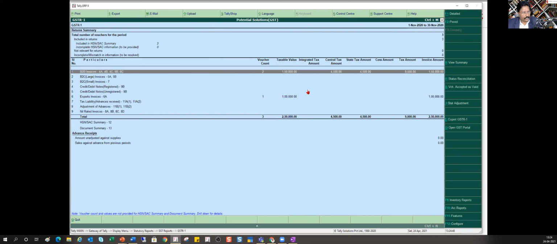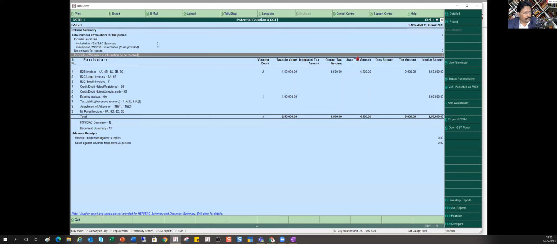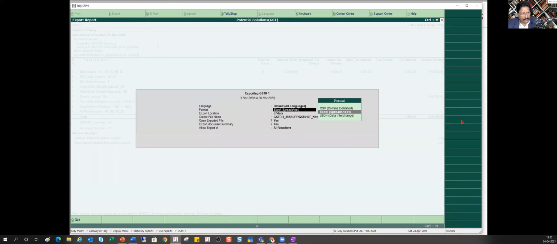So now I'll quickly export this and show you how Tally automatically marks it. So let's say this is my GSTR return. Before you file your return, you have to make sure that this incomplete and mismatch information is 0. So I come here and then export GSTR1.